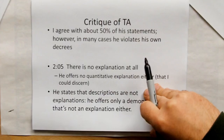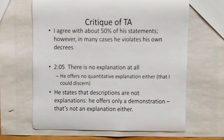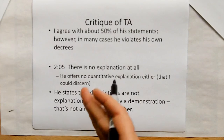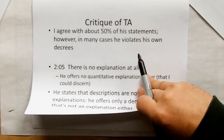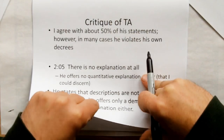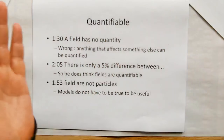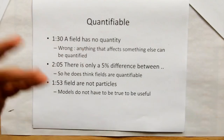And because he makes a demonstration really without offering any theory, he states the descriptions are not explanation, and that's true. That's absolutely true. But demonstrations are not explanations either, and all this really is a demonstration. He offers really no explanation other than, like I said, the subjective explanation, which is really of no value without a quantifiable mathematical equation that you could use then to develop an optimal braking machine or